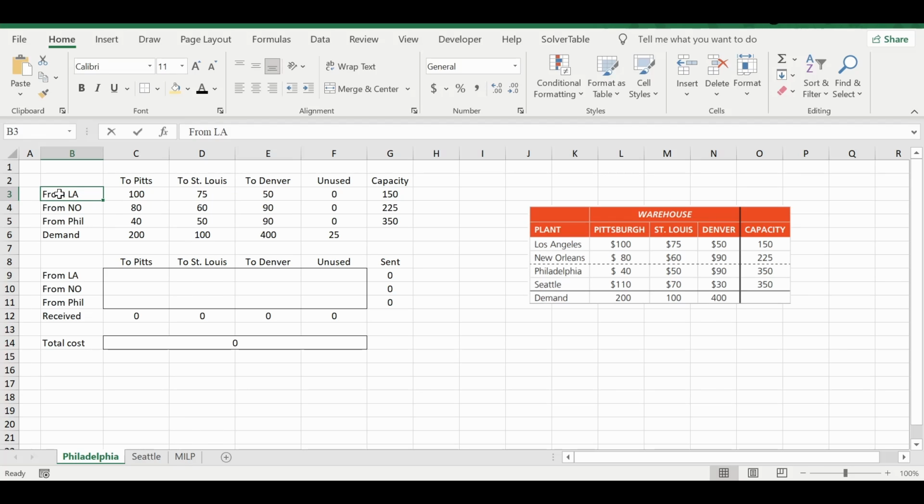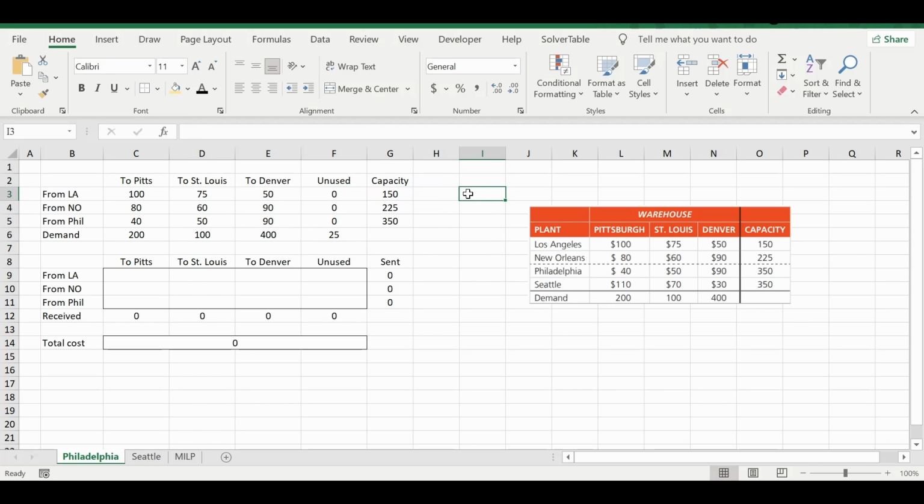Just change it a little bit, for example, in the rows, that is the capacity centers, write from LA, from New Orleans, from Philadelphia, and so on. And similarly in the demand centers, write to. Even if you don't write to or from, that is also okay, no problem. But if you write this way, then your answer report, remember, the answer report looks good. Otherwise it is okay if you write in this form also.